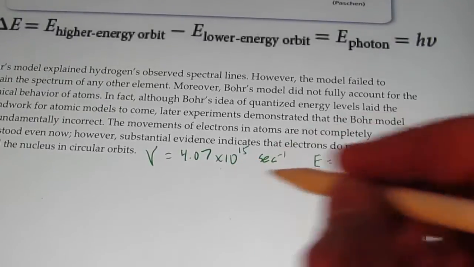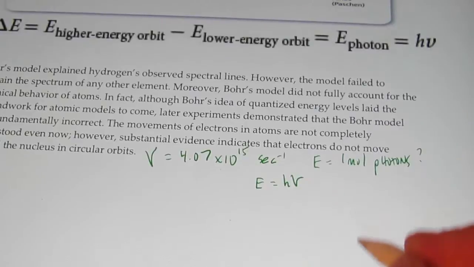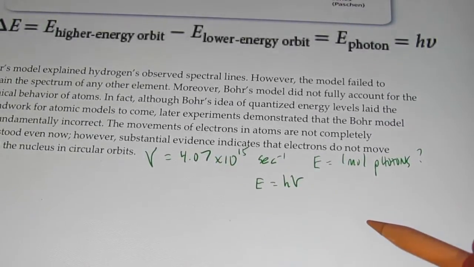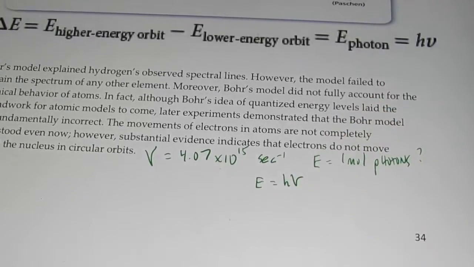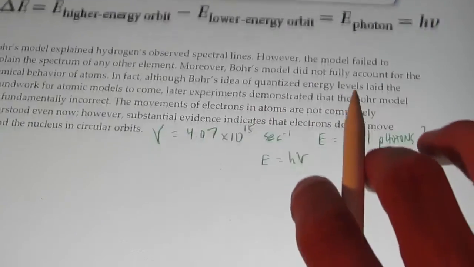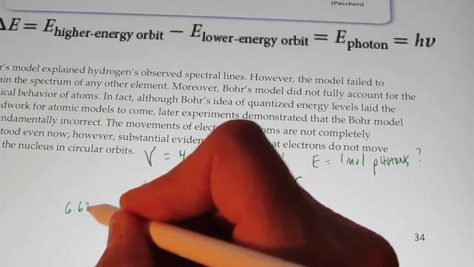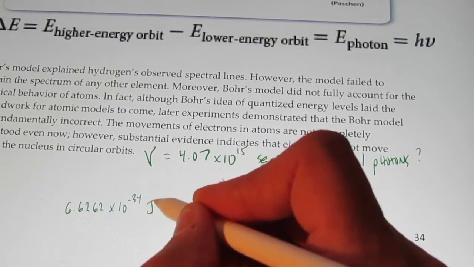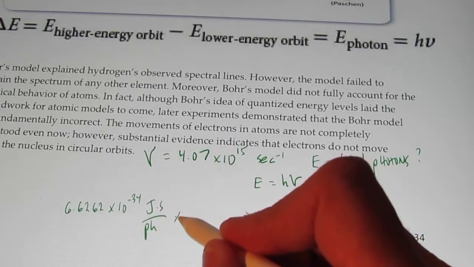All right, welcome back. Did you start with this equation, E equals h times the frequency? I hope you did, because we always know h, and I gave you the frequency. Now the problem with that is that will give us the energy for 1 photon. We'll need to add one more step to find the energy for a mole of those photons, okay? So let's take h, 6.6262 times 10 to the negative 34th joule seconds per photon, times the frequency,